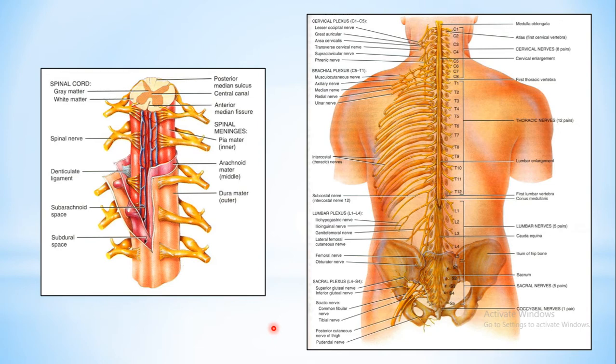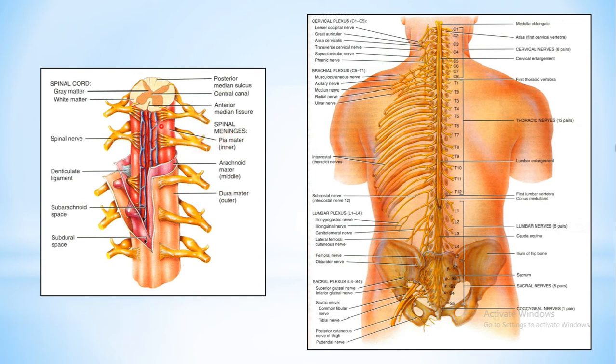Now before going to the next technique, that is spinal anesthesia, I'll just brief over what the spinal cord is and its location. This you all have already studied in your anatomy in the nervous system. So this is a picture showing the spinal cord and the spinal nerves which are originating, and the protective layers of your spinal cord. There are three protective layers, right? They are known as meninges.